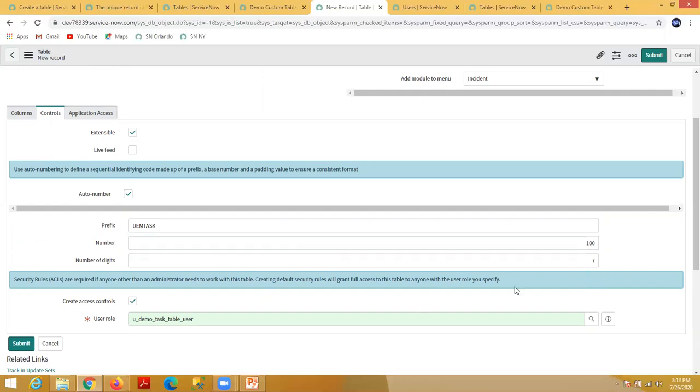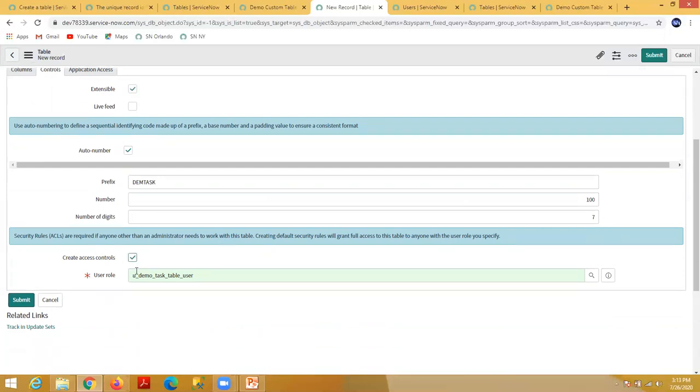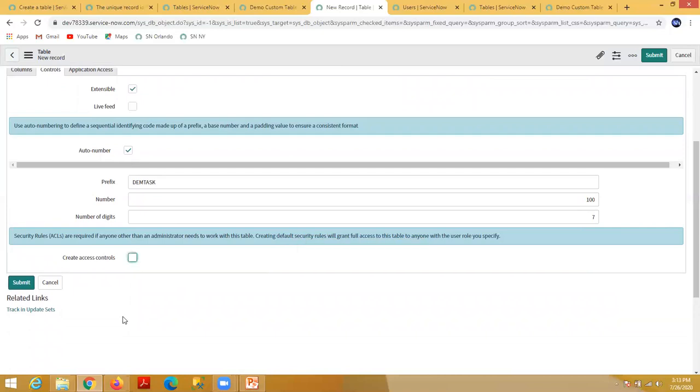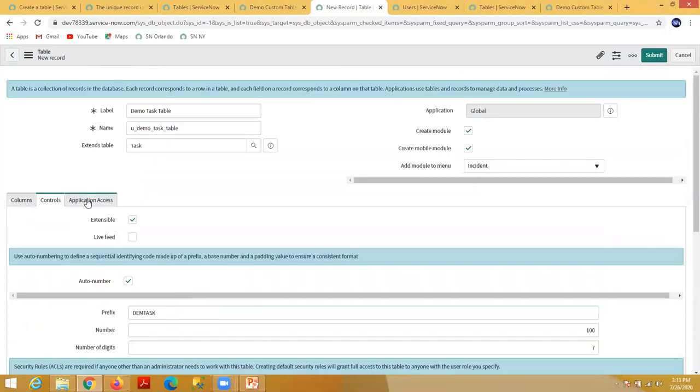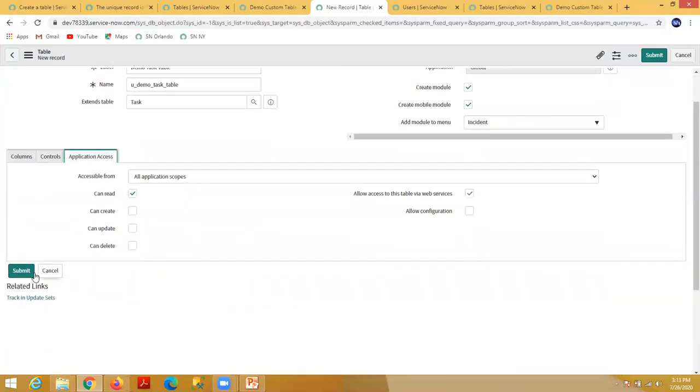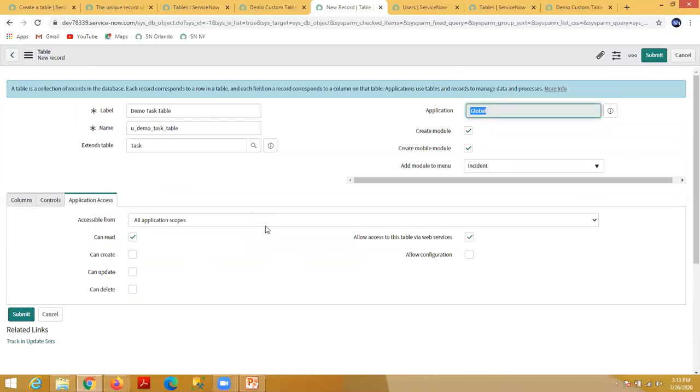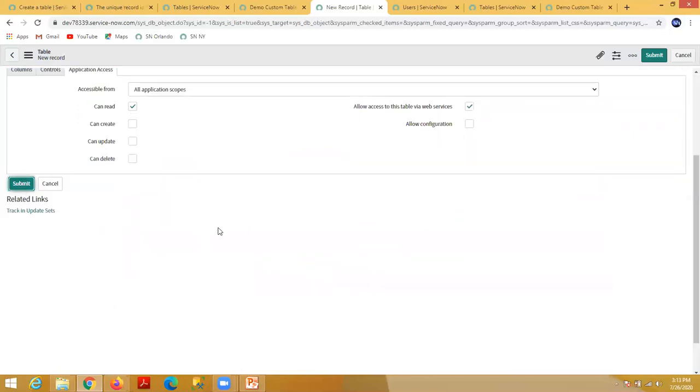So the first record will start from 101, as 0000 then 101. Let's say I'm unchecking this. Now application access is okay, and it's created in the global scope. So submit.